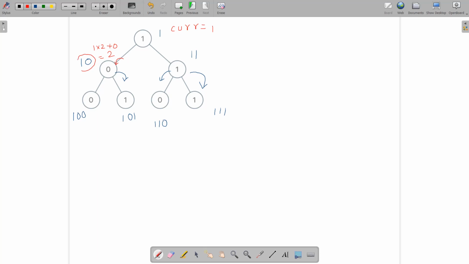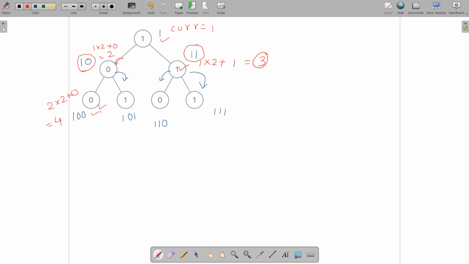You can see that this binary representation is actually for the decimal number 2, and here the previous value is 1, so 1 into 2 plus the current value that is being appended, which is 1, so it would represent the decimal number 3. And for this one the previous value is 2, multiplied by 2, plus the value is 0 over here, so you will add 0, so it will come out to be 4, and similarly so on.